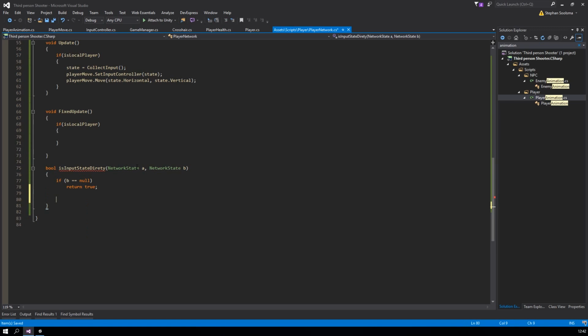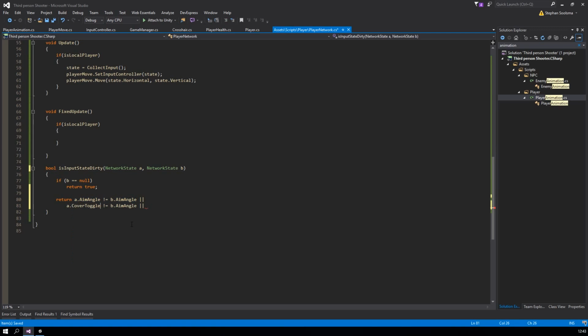So if we didn't have a state before, which we are comparing, we say it's dirty. Otherwise we're going to return, and we're going to compare the values we want to compare if we want to update the state and transmit it to the server. So we return aim angle not equals B aim angle, or, and then we can just simply continue